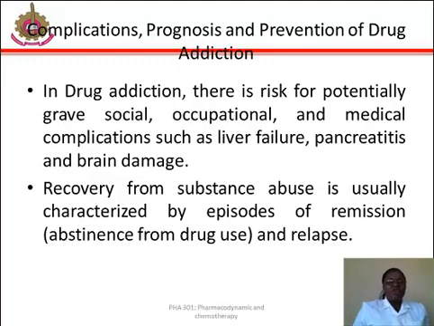What are the complications, prognosis, and prevention of drug addiction? In drug addiction, there is risk for potentially grave social, occupational, and medical complications such as liver failure, pancreatitis, and brain damage. Recovery from substance abuse is usually characterized by episodes of remission, that is,